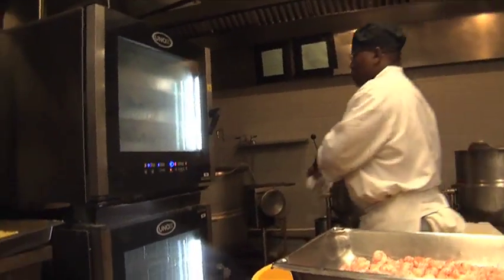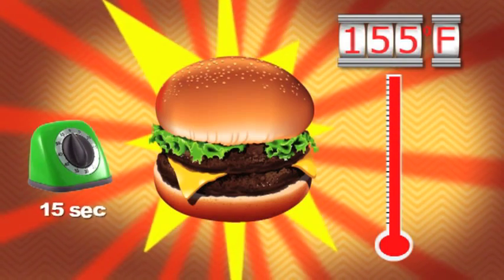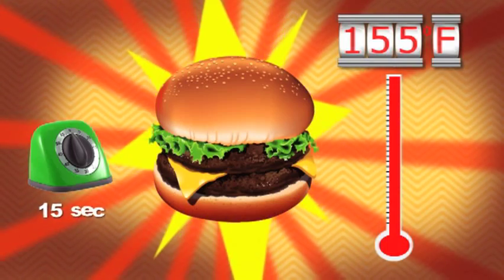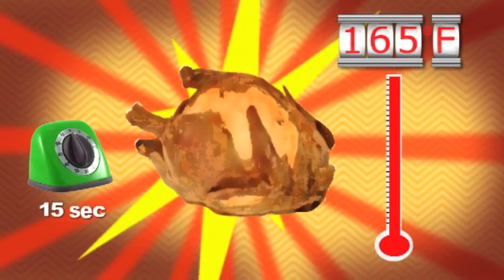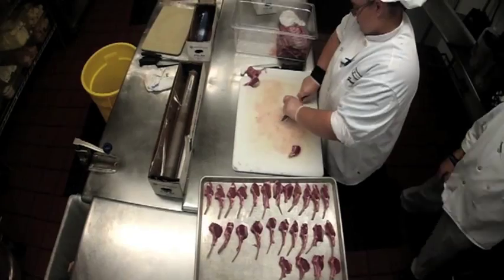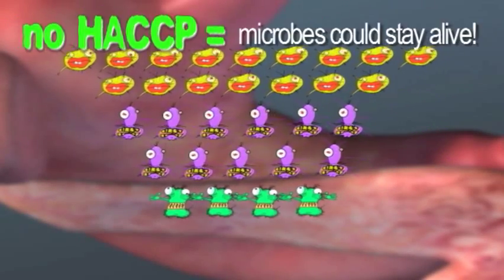For instance, food should be cooked to the following minimum internal temperature for 15 seconds to meet HACCP critical control points. Ground beef to 155 degrees, poultry to 165 degrees, and leftovers and casseroles to 165 degrees. If your food is not cooked to the appropriate temperature for the required amount of time, some microorganisms could stay